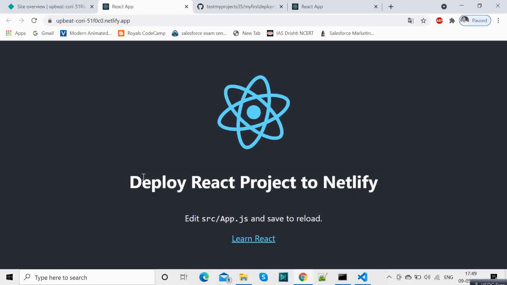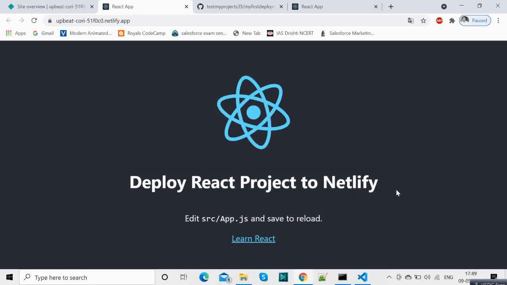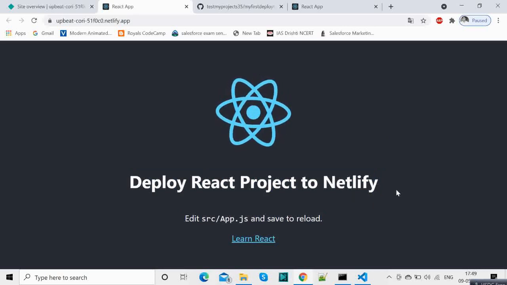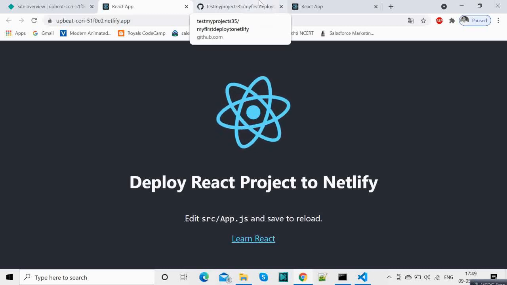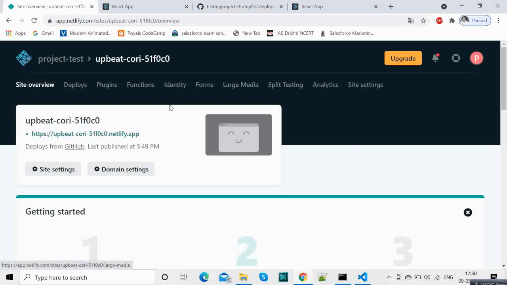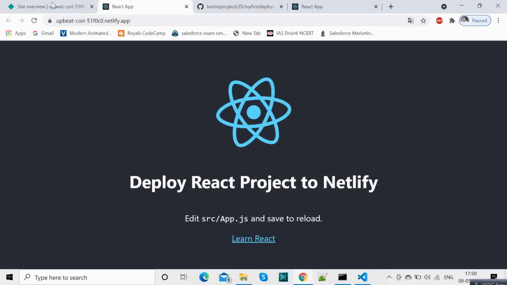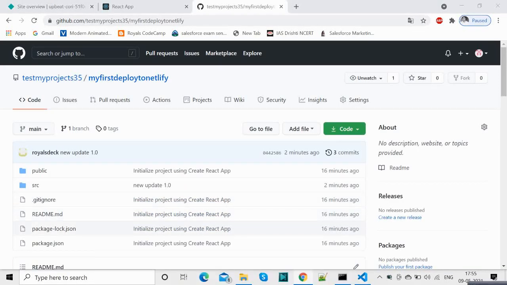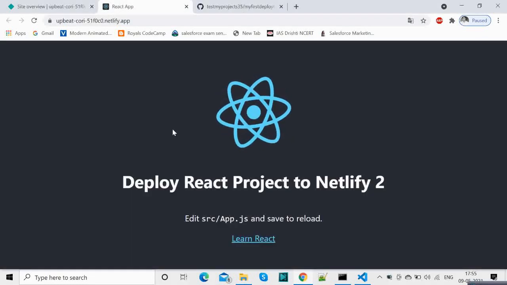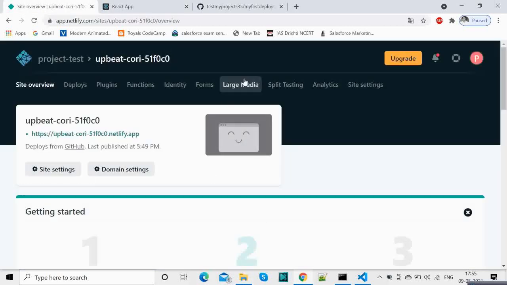So the advantage of this is, let's say you make some changes again in your project in your local machine, you can just push it inside GitHub after the changes are made, and this will automatically deploy. Okay, so this is continuous integration, and the other one was through manual. So now what's the benefit of deploying it using this process through GitHub? Let's say you make some more changes.